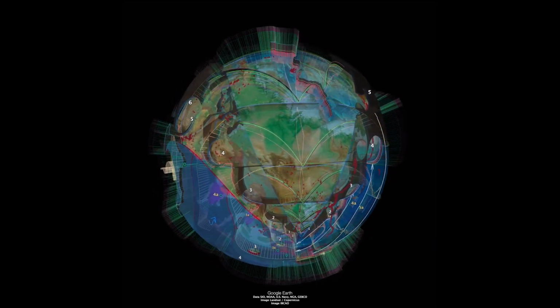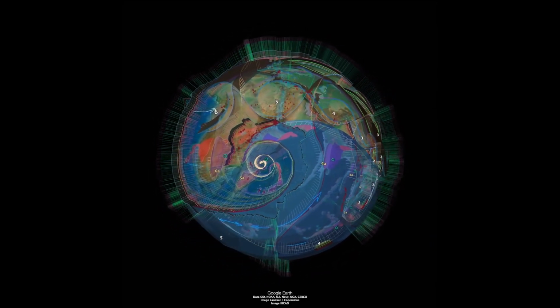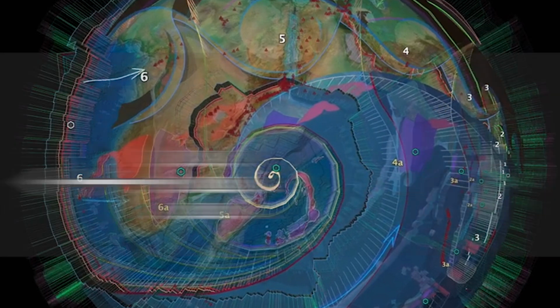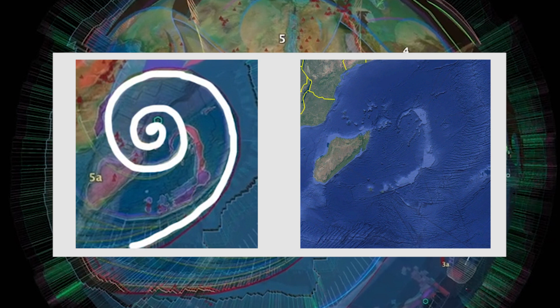Because of the impacting pressure here, the crust began expanding down off of the coast of East Africa, as articulated by Sean here. These lines are showing the distribution of stress in the crust, which left very real articulations in the surface. This line is articulating that this surface feature in the Indian Ocean was caused by the crustal expansion that occurred.